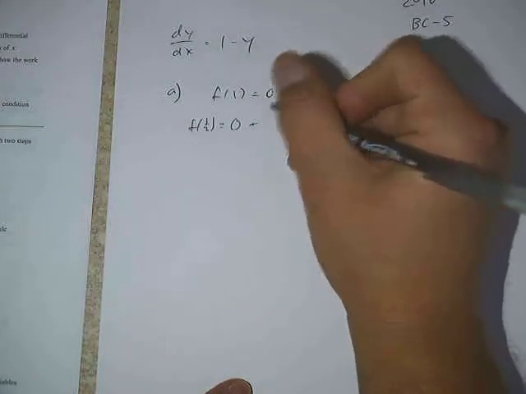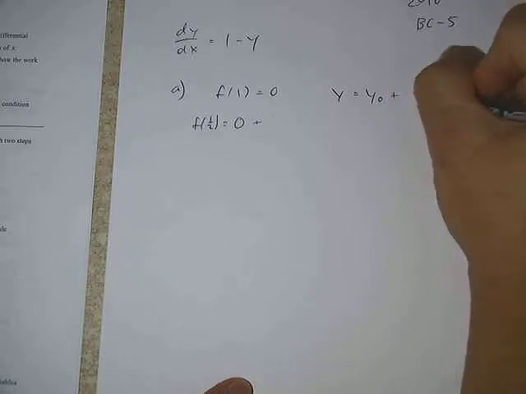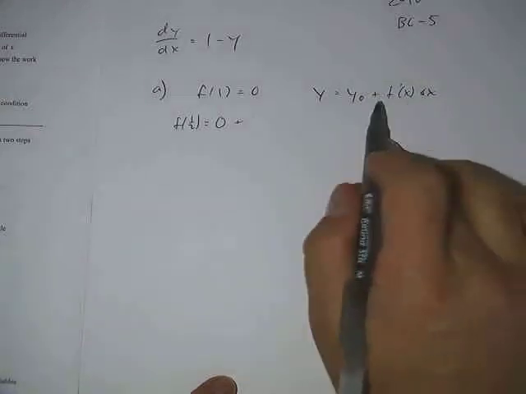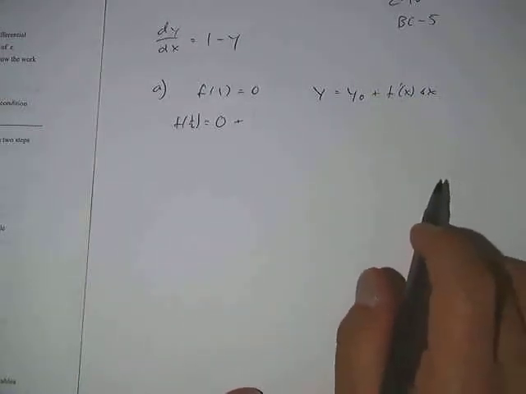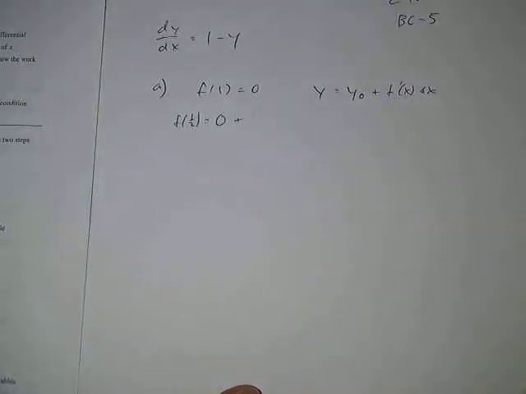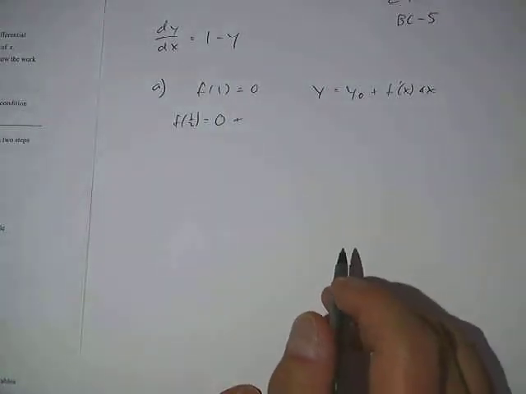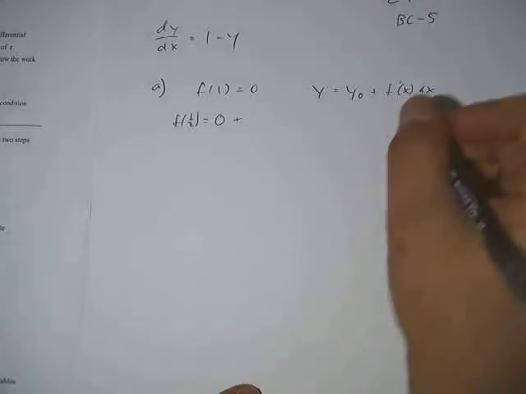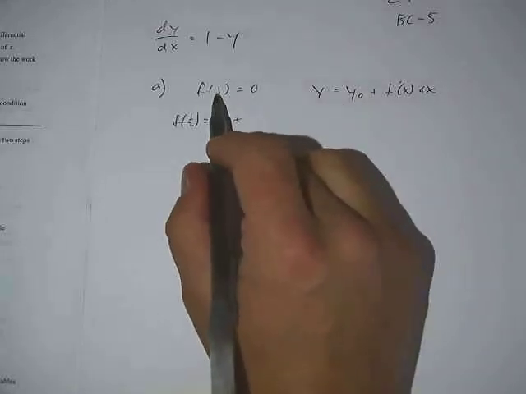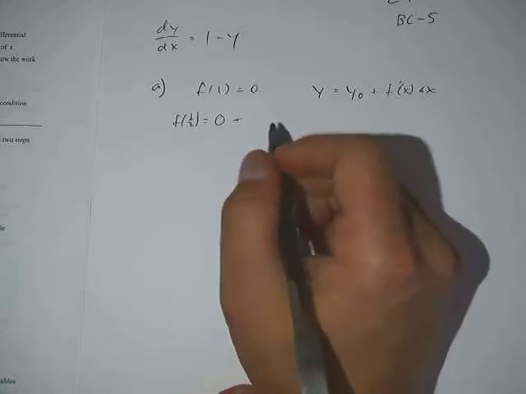Alright, so again we're at this value here of 0, and then we're going to add to that the derivative times the step size. So ultimately we need to know, first of all, and let me generalize that. Remember the linearization here is going to be y sub 0 plus f prime of x dx. I don't know if that's the exact notation that your book uses or not, but that's ultimately what we're doing here. Because the new approximation is going to be where we were at the beginning, plus the derivative times the change in x. So that means that our derivative here is 1 minus y,